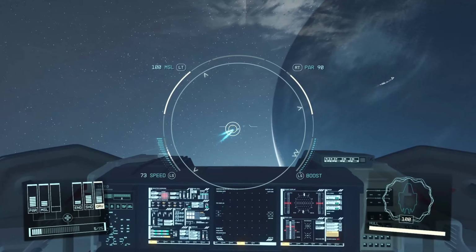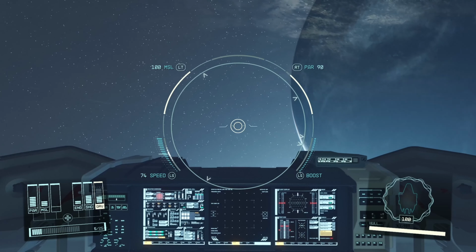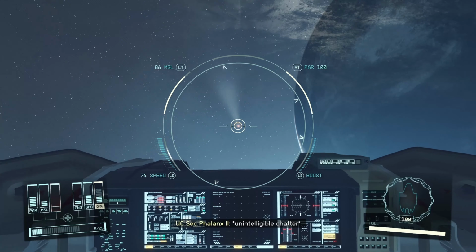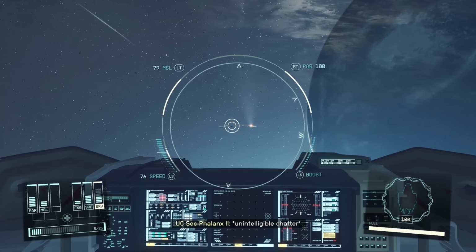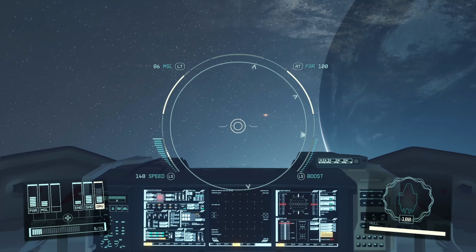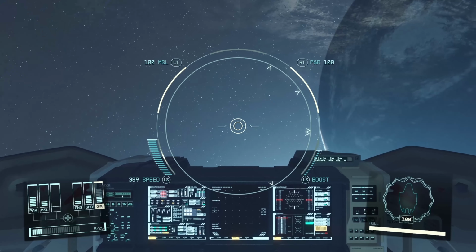Weapon-wise, we have those particle weapons on the left, the port side, which is a really, really good weapon. And we've got the missiles on the top. Do a quick speed test. I'm expecting 150. Yeah, 150. It's expected. It's an A-class. We get a boost speed of...